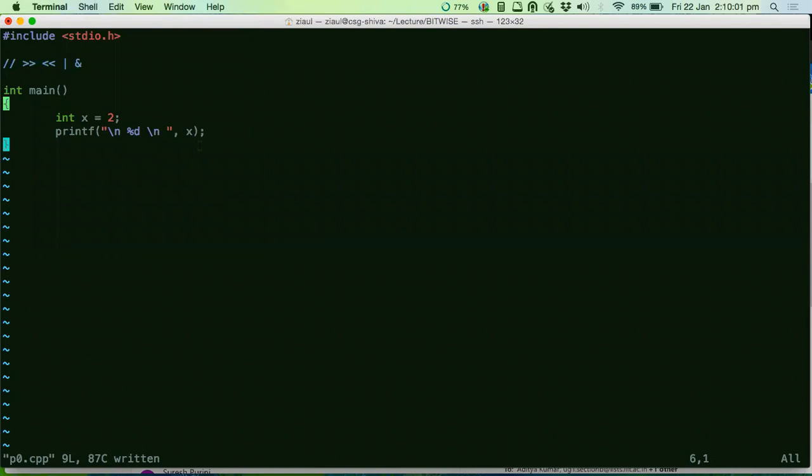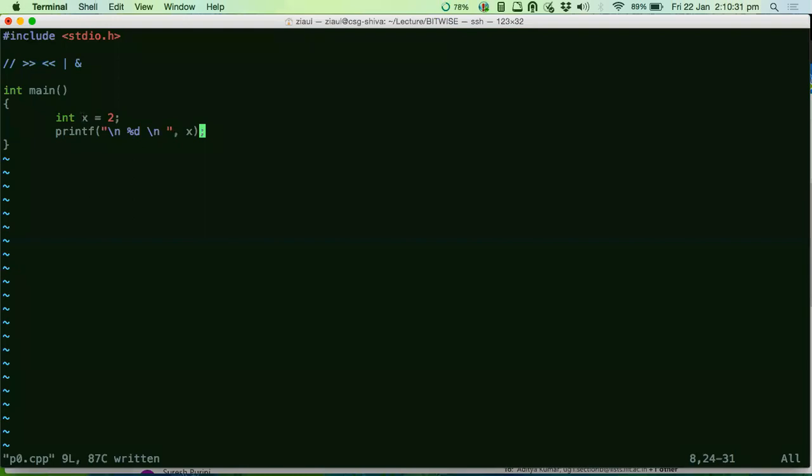So going back to our discussions on data types, how many bytes does this variable x occupy in your program's memory? 4 bytes. Yeah. When I printed the value of x, what did I see? I saw the value 2. Why did I see the value 2? Because it was 4 different bytes, right?